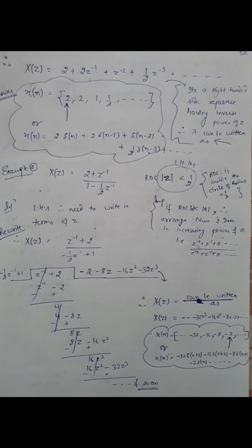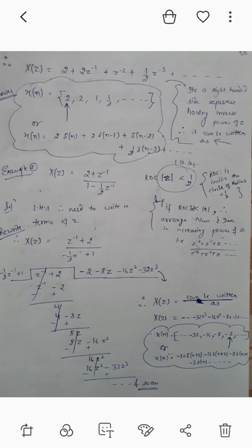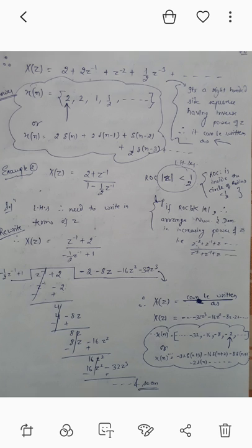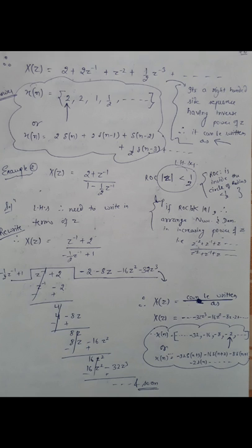Now X(z) can be written by rearranging the sequence: minus 32 Z cube minus 16 Z square minus 8 Z minus 2 and so on. Now in this expression, all the powers of Z are positive. That means this is a left-sided sequence, as we see in the Z transform case. So x(n) can be written as minus 32, minus 16, minus 8, minus 2, with the zeroth position being the element where Z is raised to power 0.